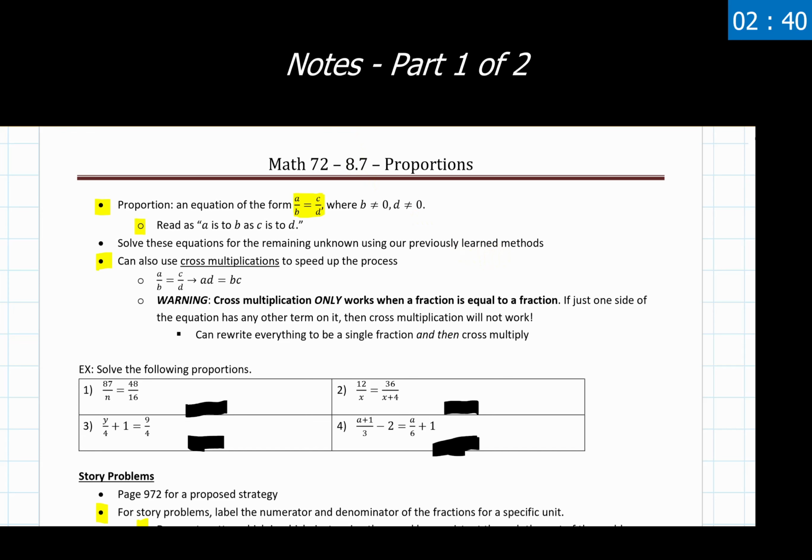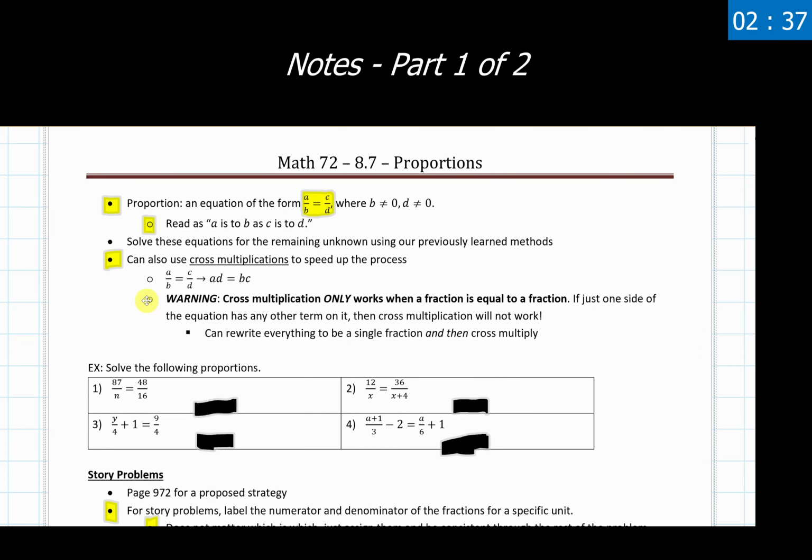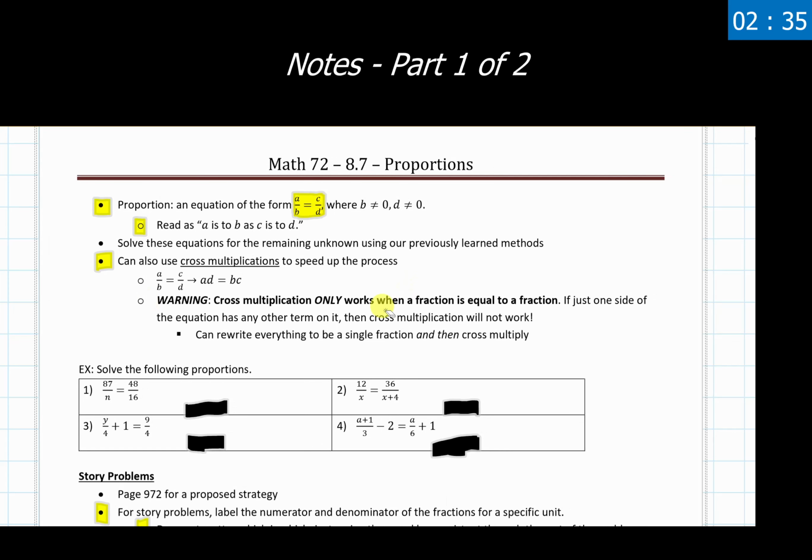Now, it should be noted here, if you are writing any of these notes down for yourself, which I recommend that you do, a huge warning should be taken. I'm using some red stars with it, but do something to highlight it to yourself to say, hey, big warning as we're going through and working with this. We can only use this cross multiplication trick if we have a fraction equal to another fraction.